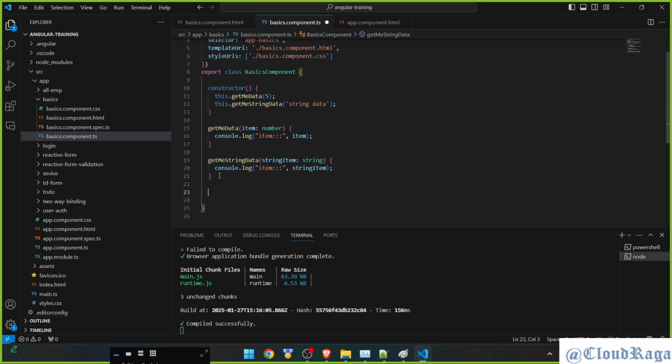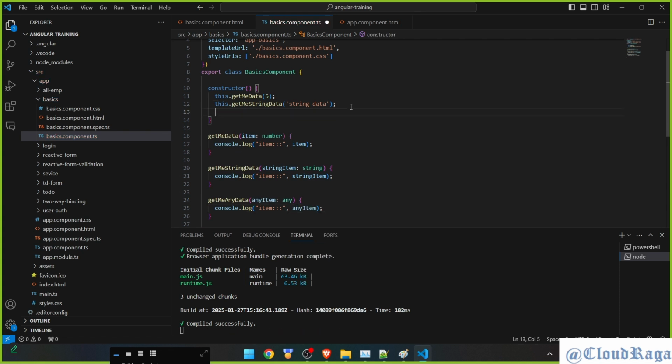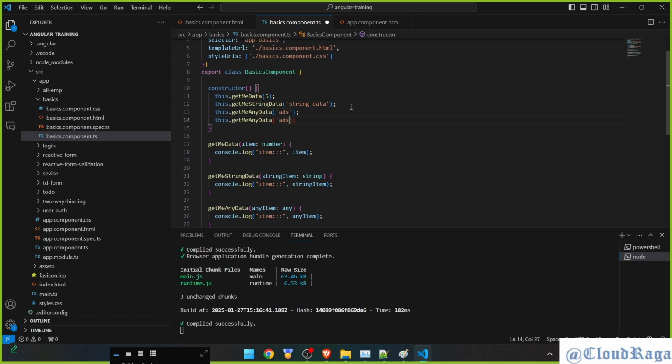Right. So I'll create one more function. I'll say get me any data. New method or function, and here I won't mention a type. I'll just say any. We have used this earlier, right? Somewhere we had in an API call, I guess we used this any item, and I can say get me any data. This now I can pass. It will work. This is working,